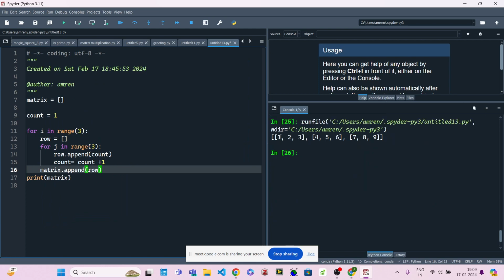So this was the code. Now what it is doing, it's 1, 2, 3, 4, 5, 6, 7, 8, 9. So first i goes through this range, a row is there and it is empty. Then it goes through this different